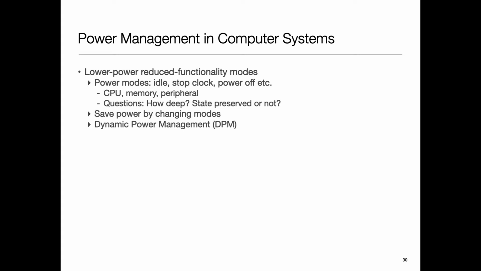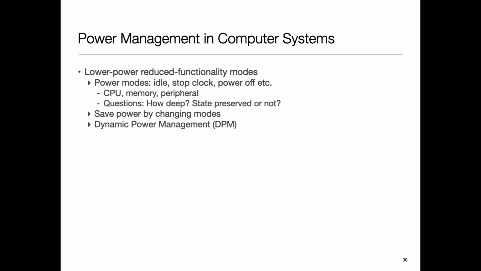So even big computing has lots of power and energy related consequences, but they really have more to do with running cost and carbon footprint and those kind of issues. Whereas for embedded devices, it tends to be more like battery life, thermal events, so different reasons, but they're present. So in computer systems, usually it's very common now to have reduced functionality modes. So reduced functionality modes may exist for all parts of the system, for your hard drive, for your memory, for CPU, for sensors, all sorts of things.